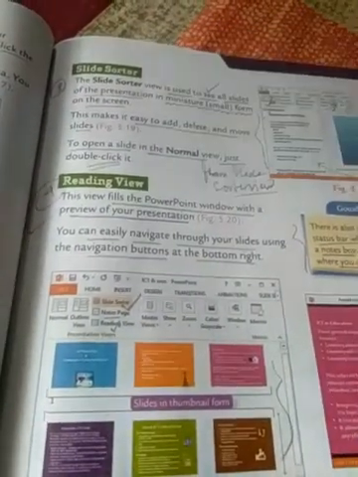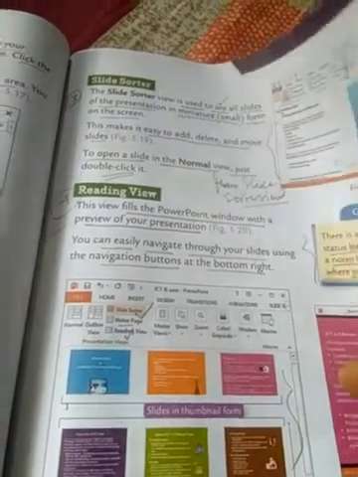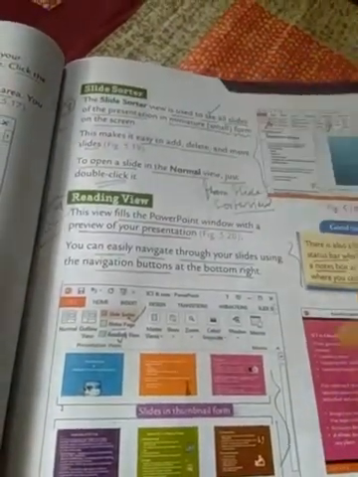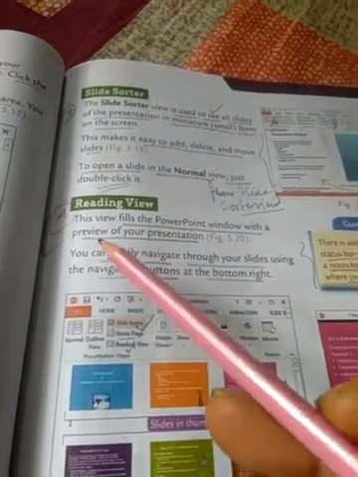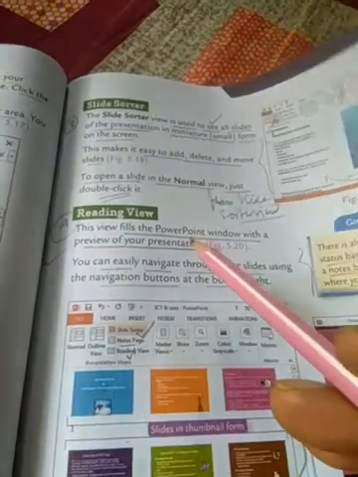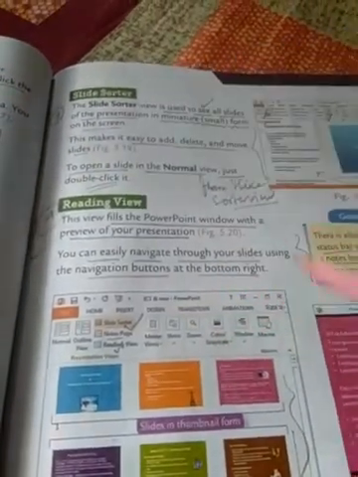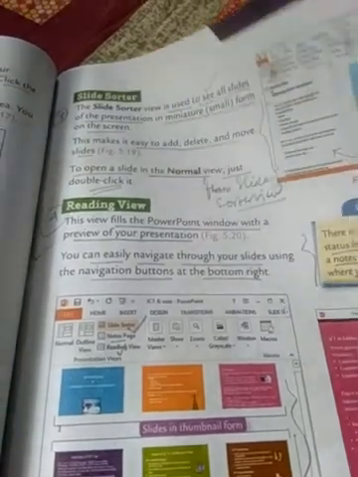Now another type of view is called the reading view. This reading view fills the PowerPoint window with a preview of the PowerPoint presentation. I repeat, by using the reading view, we can preview the slide of our PowerPoint presentation in window format, where we can easily navigate through the slides by using the navigation buttons given at the bottom right.